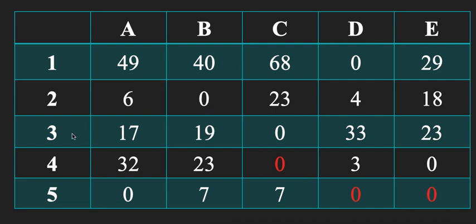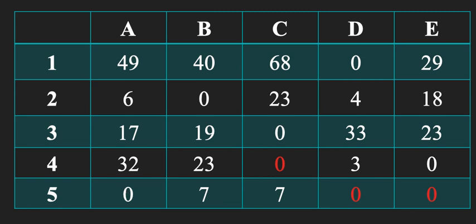Coming to the third row, do we have a single 0 here? Yes. Is any 0 below here? Yes, this one we are going to cancel it. Right, we are coming to the fourth row. Do we have a single 0 here? Yes, it is here. This one is already cancelled, keep this in mind. Now we have this 0 here. What we are going to do to this one, we are going to cancel this one. Now this is the only one left here in the fifth row. So this is the assignment that we are going to make here.